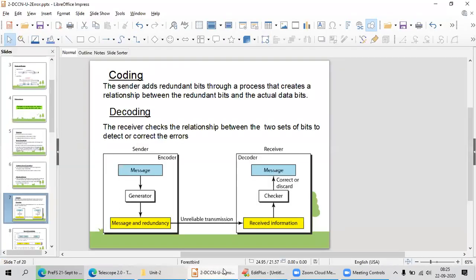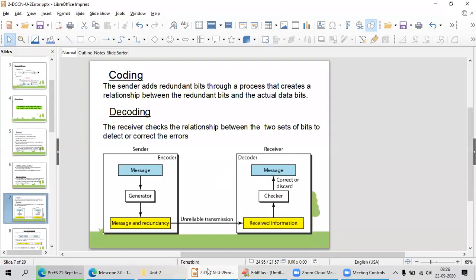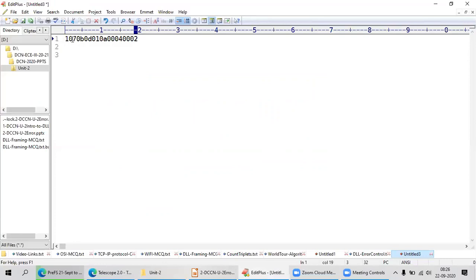Here I am adding coding, nothing but some parity bits or redundant bits, with the help of a process. For example, I am adding 0 after every character of my message. At the receiver end, what will he do? He just checks that particular thing. He is going to remove my zeros.